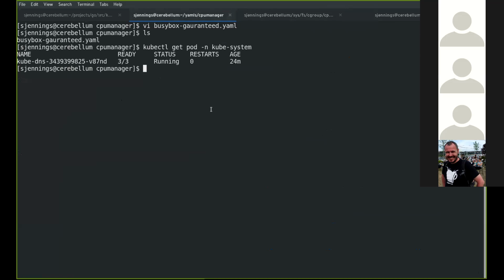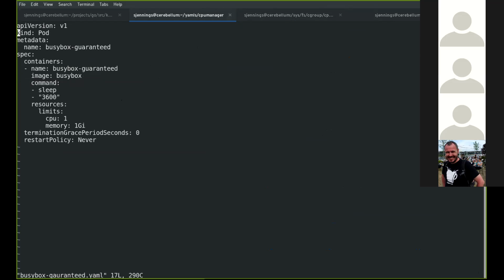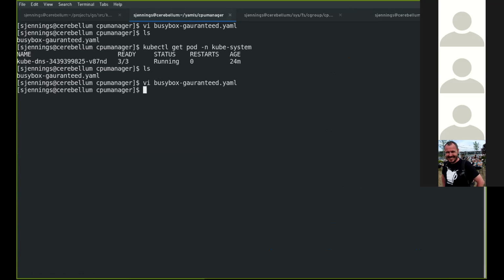If I go in here and we look at this, this is what we're calling a guaranteed container, which is kind of crossing the streams, since guaranteed is a QoS concept and QoS applies to pods. But in this case, all I'm referring to is a container in a guaranteed pod that has an integral CPU request, which is what we're deciding that the static manager is going to lock onto right now. So basically, that's the limits. And if I create this,